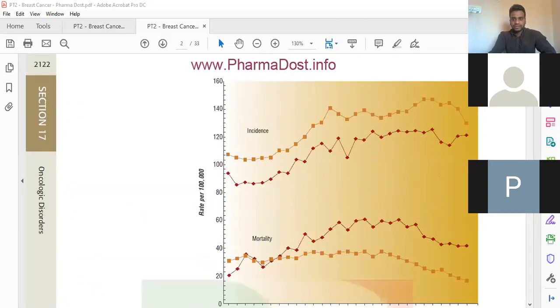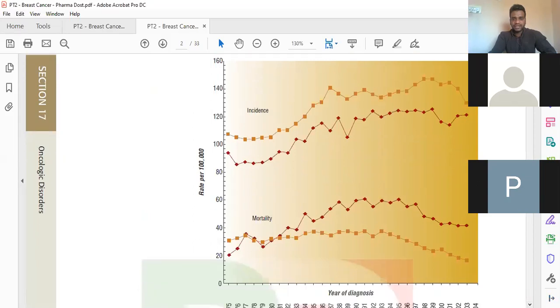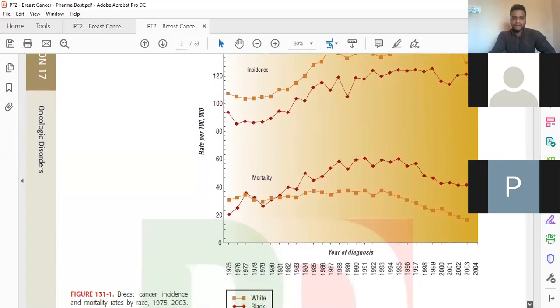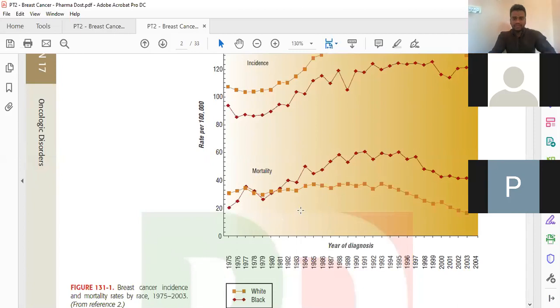Can you see this graph? This x-axis is the year of diagnosis. The y-axis is the incidence rate. Okay, so you have two lines here. One line is for white, this light color. This dark red color is for black. Okay, so if you see the